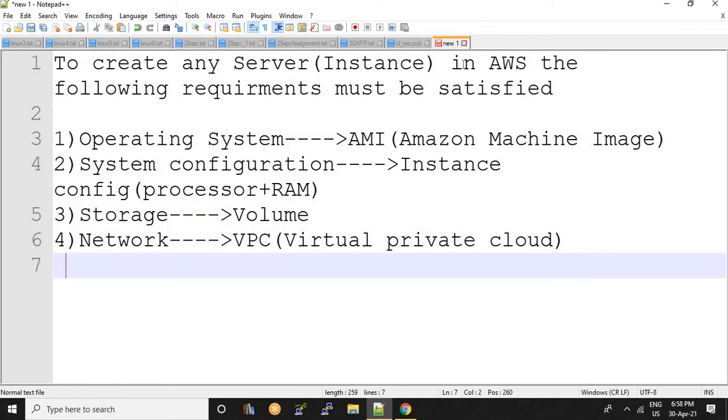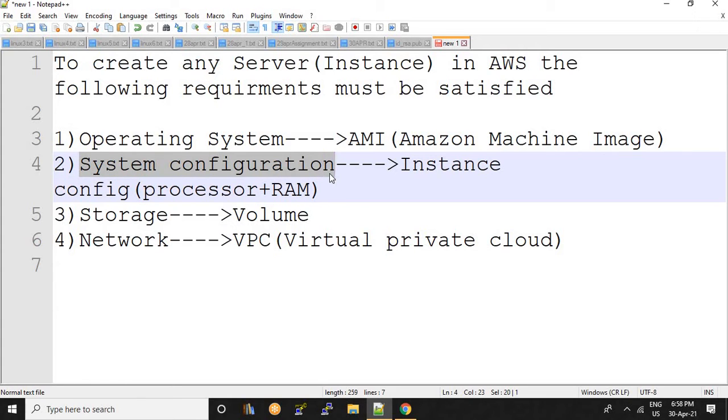But in AWS terminology we use AMI, that is Amazon Machine Image, where the operating system is inbuilt. So it is clear, AMI contains the operating system. And system configuration is nothing but instance configuration, that consists of how many processors it has and what its RAM size is.